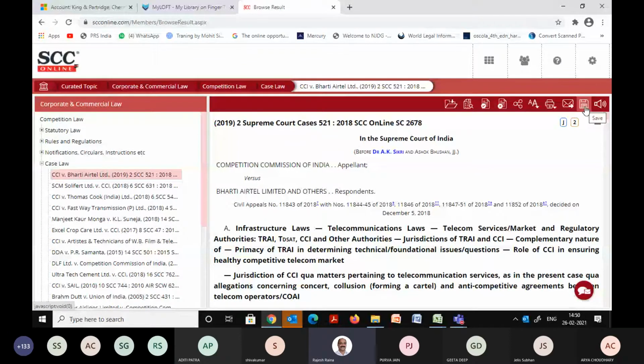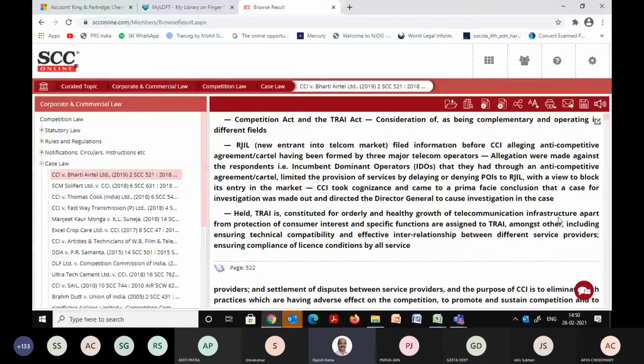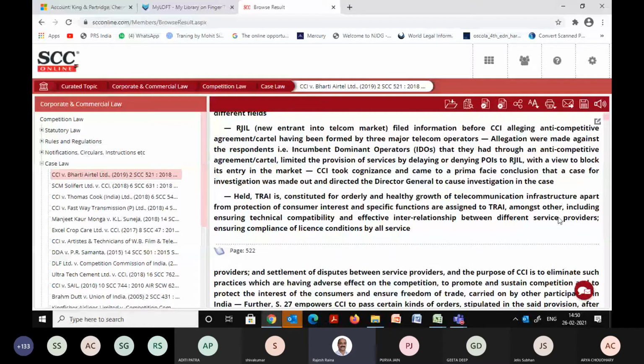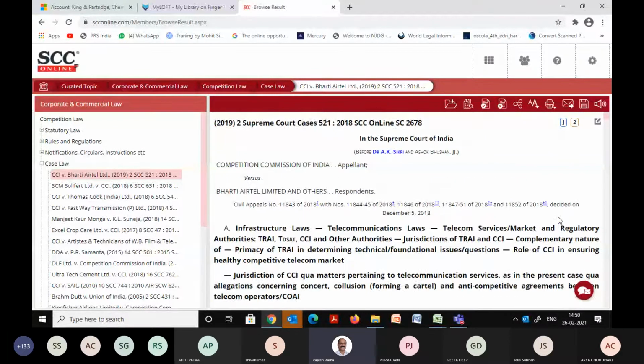It will be generated and downloaded as a PDF, and then you can take a printout or whatever. But if you want only a portion of the judgment to be copied, the method over here in SCC is very, very simple. Apart from the head notes that we have, the rest of the judgment can be copied.